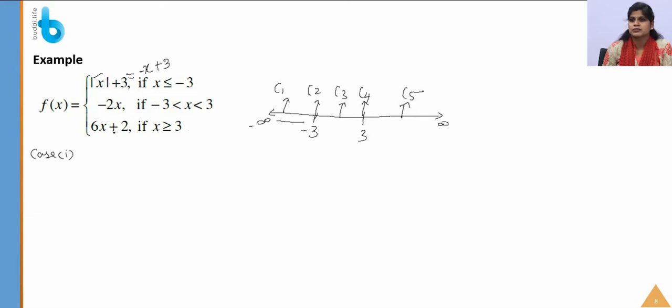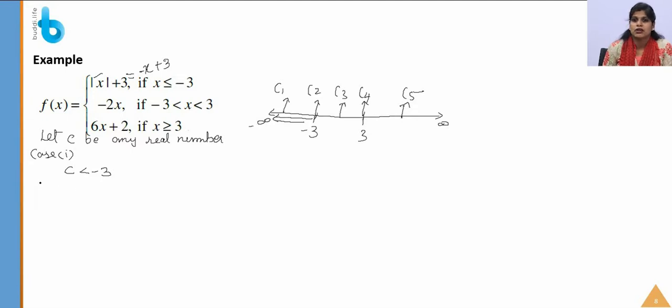Let us take any value c. Let c be any real number. Why is it a real number? On a number line, we have all the real numbers. So let case 1 be c, let c be less than minus 3. Less than minus 3 means all these values will come under less than minus 3.